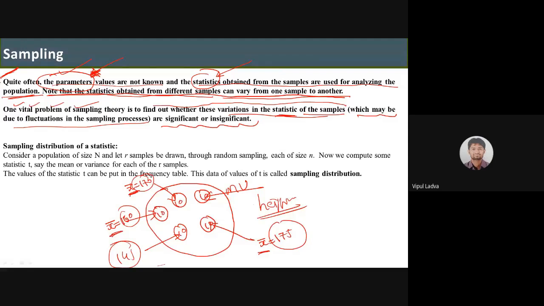This is one of the vital problems we will be facing: whether this particular variance is valid or not. Now how will we decide that? To decide that, we have a technique. Look, instead of having this particular approach,